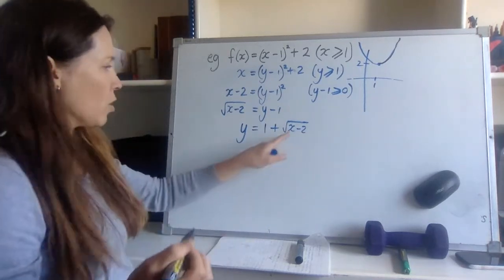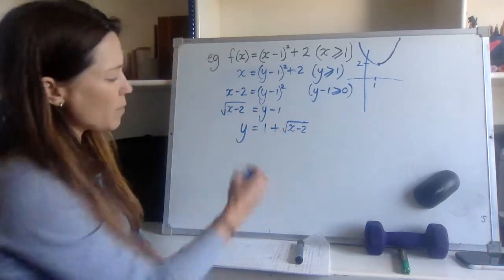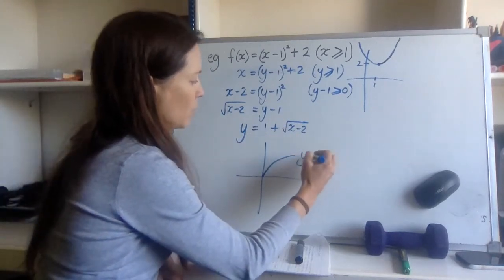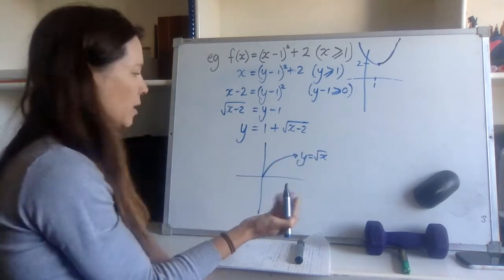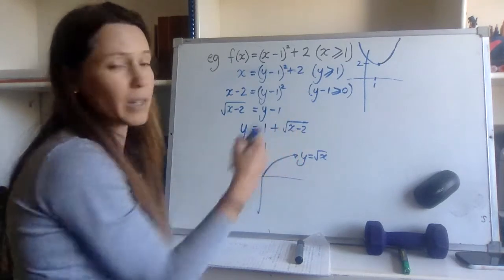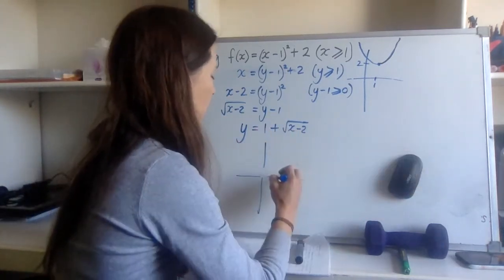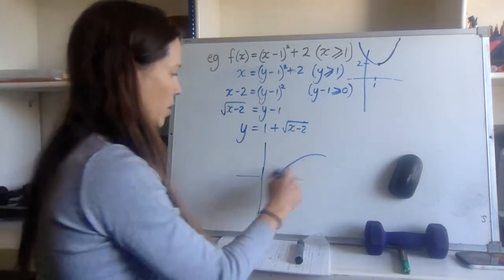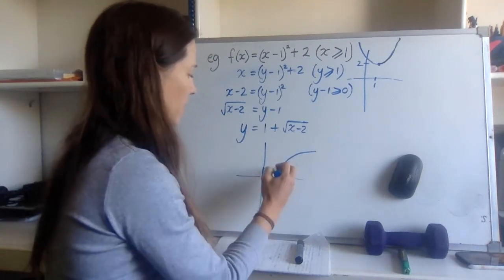Now when we look at how to graph this, at first you might think it looks a little confusing, but remember in its own right, we already know the graph y equals the square root of x. It's just one arm of a sideways parabola. And all we've done here is we've shifted it 2 units to the right, which means it's come across here. And then we've moved it up 1. So that whole section has come up to here, and it's looking like that,